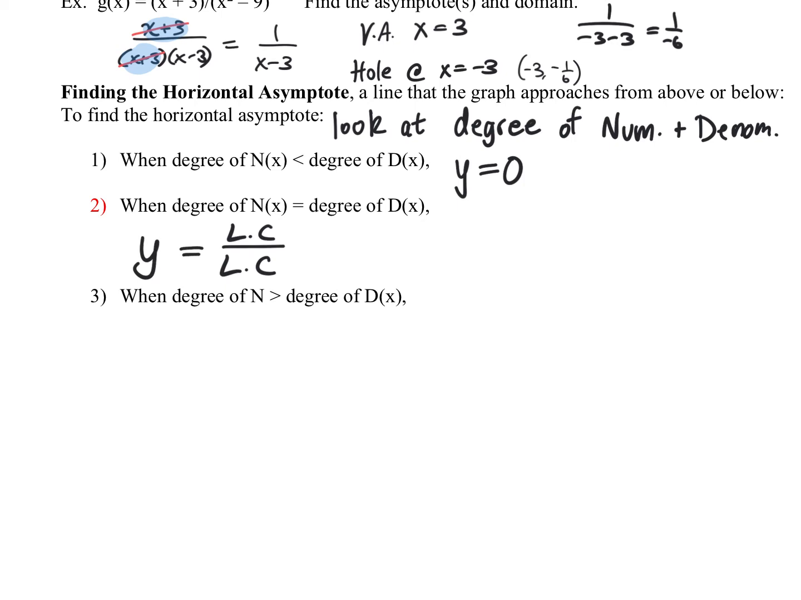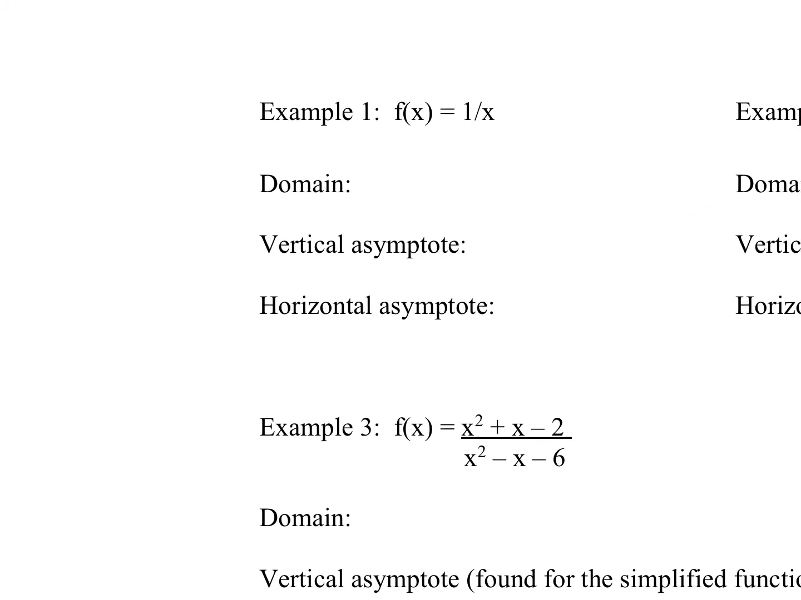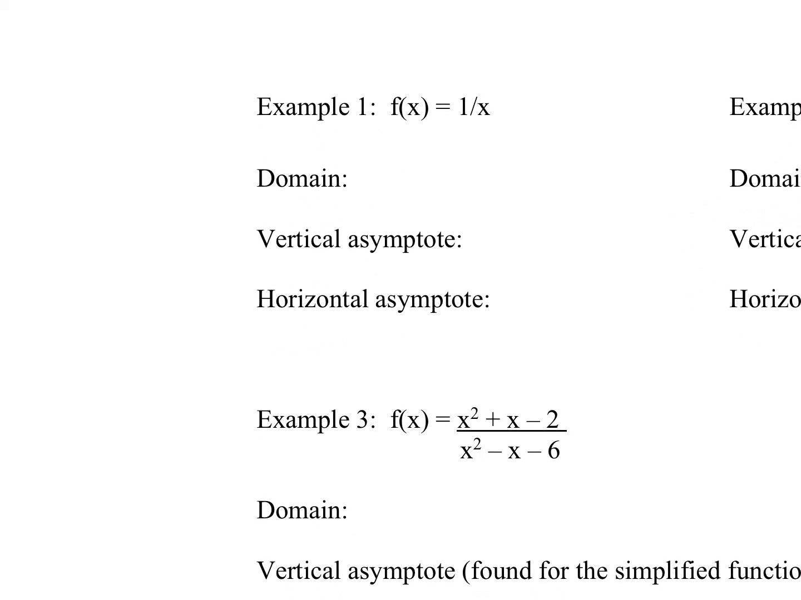That will represent our horizontal asymptote when the degrees are equal. And when the degree of the numerator is greater than the degree of the denominator, there is no horizontal asymptote. So we're going to look at a few examples together here to just identify asymptotes and see if we can make sense of it. So here on page 2 of our notes, we have an example, f of x equals